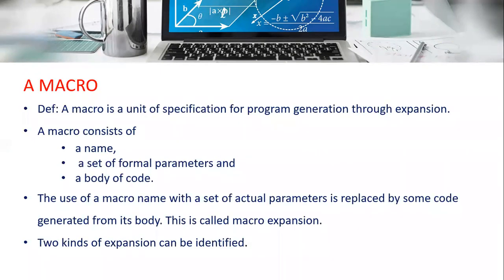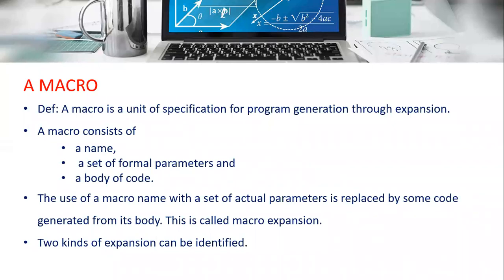Now here we define the macros in simple words. The definition of a macro can be said as: a macro is a unit of specification of program generation through expansion. Now we explore this definition. We consider one example. We have a particular code having 4 or 5 lines. Suppose we want to increment a number. For that purpose we consider